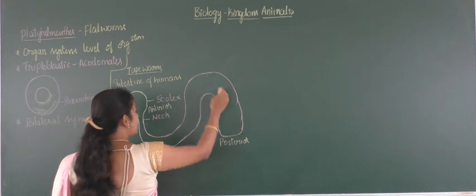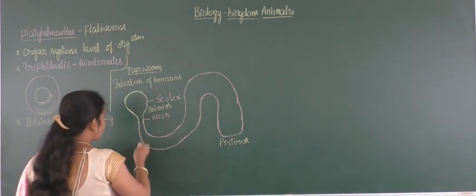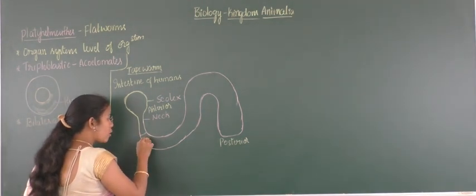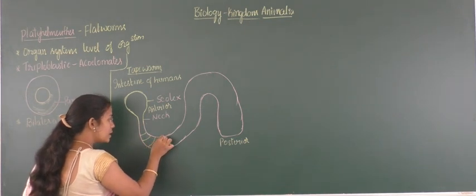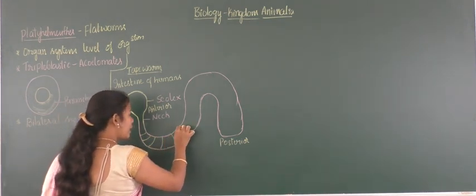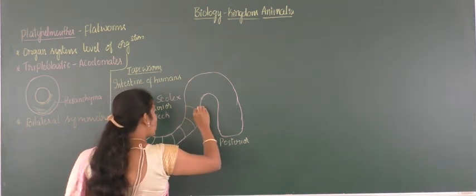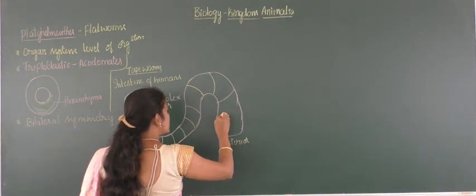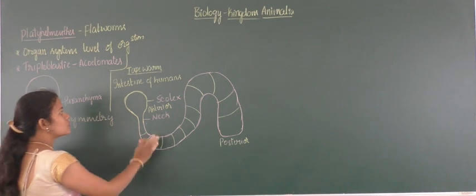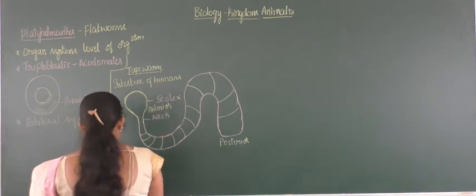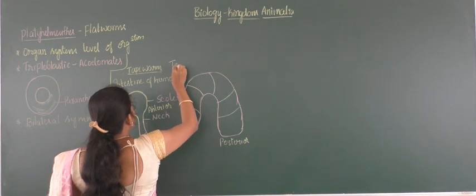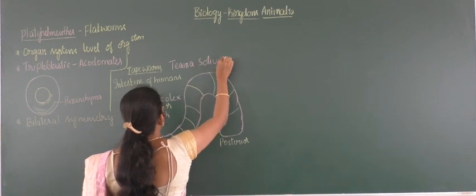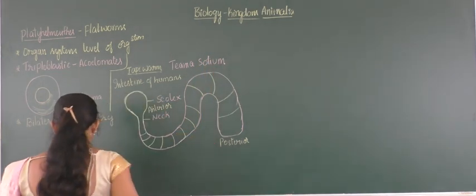Okay, so these will be the wider segments, and you can find the absence of segmentation in the neck region, but it starts forming separate segments when it comes to the posterior end, and they are going to become a little bit wider. In this way it shows the structural development. So these are the segments, and this is called Taenia solium. Scientific name will be Taenia solium.